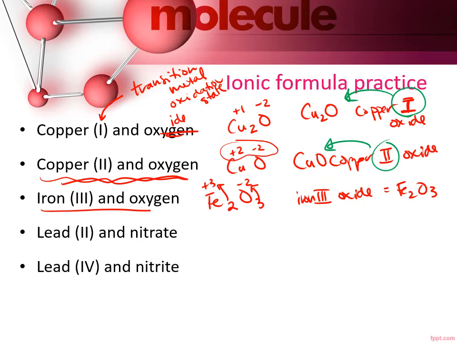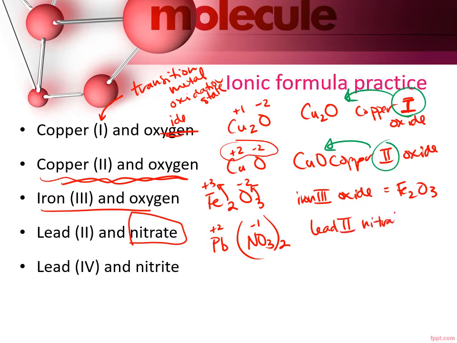Lead 2 and nitrate. Again, I've got a polyatomic ion here. I'm not going to change the name, but I do need to make sure that I'm still balancing out the charges. So I've got lead with a +2 charge. Nitrate is NO3. It has a -1 charge. To get these guys to balance out, I need 2 of these. So my formula for lead 2 nitrate, don't change the name of the polyatomic ion, is going to be Pb